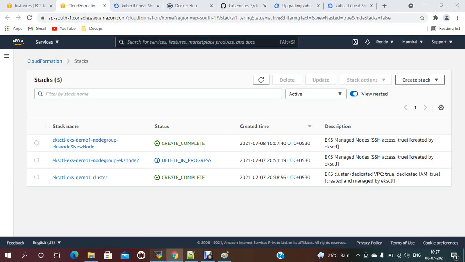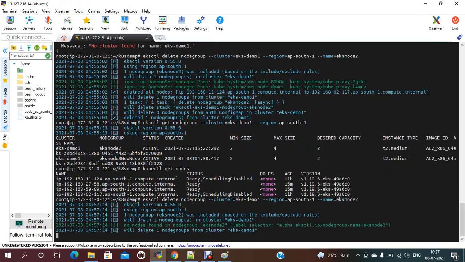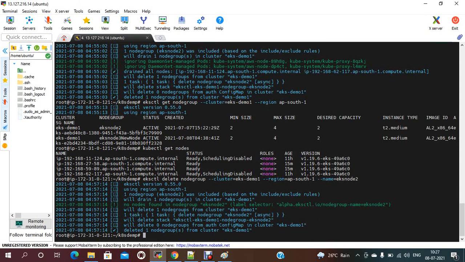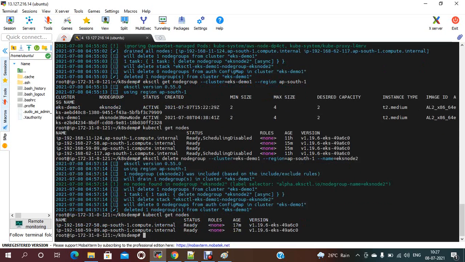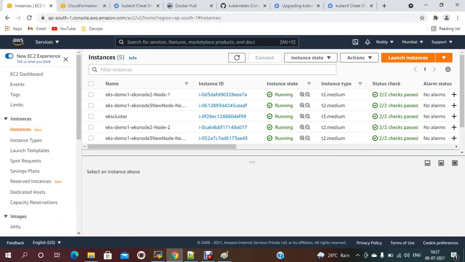Even if you run it again, you will get it. It should be deleted. kubectl get nodes, you will get only two nodes. My old one should be deleted. If you go here, the status should be terminating.